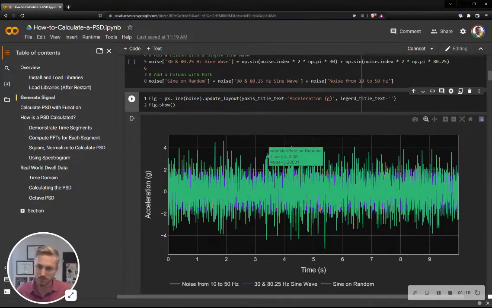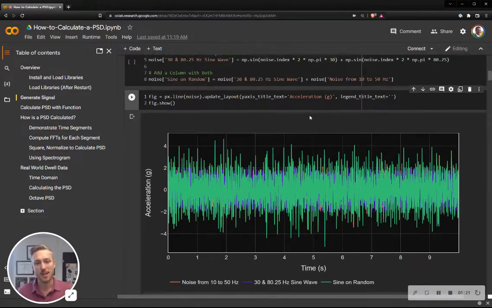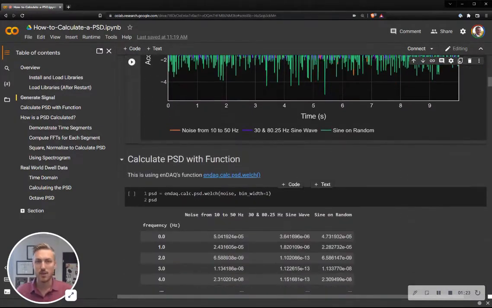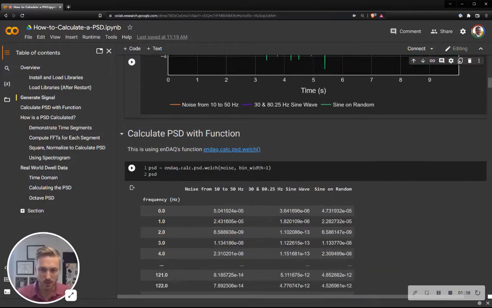Engineers typically, the first thing they do when they get data, is plot it in the time domain, which is good. You get some sense of what's going on, but it doesn't tell you a whole heck of a lot. The next step is to do some frequency analysis, and that's where the power spectral density is really valuable, especially for data that has random content across many different frequency ranges, which is most often every real world vibration application. So using our open source library, it's